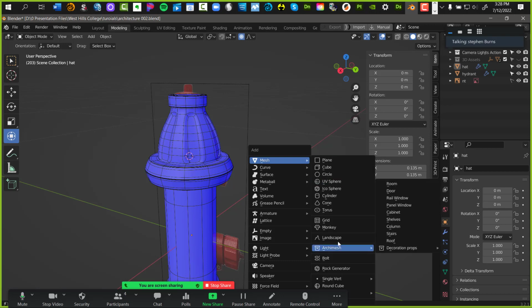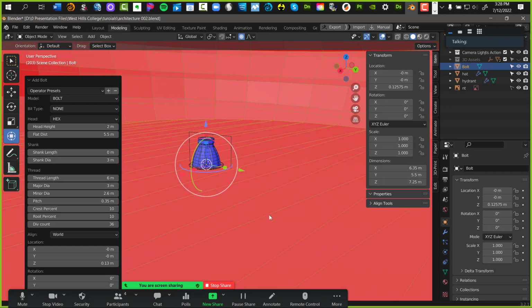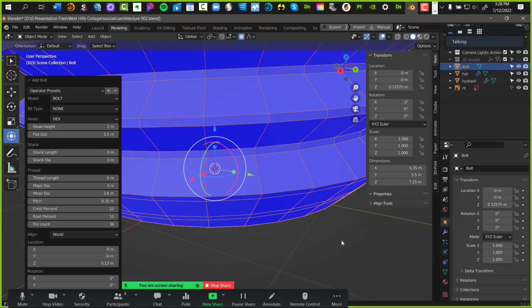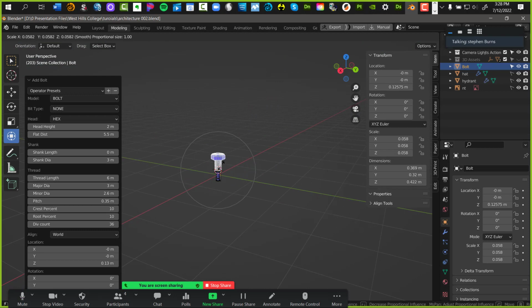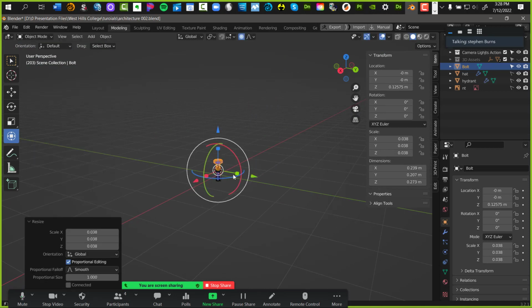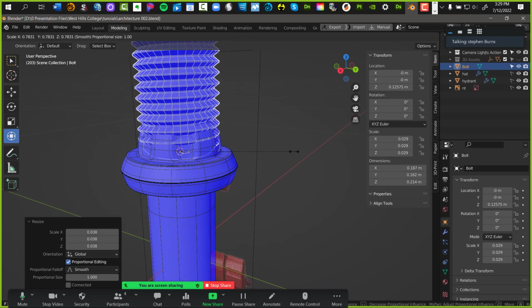Bring in a boat. It's there. Okay, so what I'm going to do is lock the hydrant, lock the hat. We're going to do this the hard way, the more aggressive way. So interesting. There it is. It worked. When I locked the helmet and the hat, it worked. Now, it should not have touched the helmet or the hat. It was on its own separate object layer. It shouldn't have done it. I wasn't expecting it to do that, but I have noticed buggy things in Blender happening sometimes.